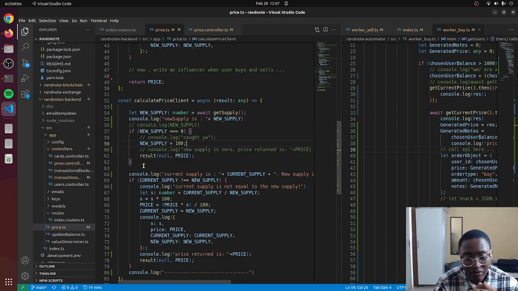Before then, before when the blockchain starts working and starts running, the new supply is 100, because I just hard coded it here. New supply is 100. So then when